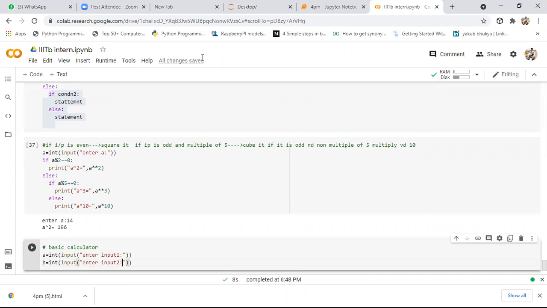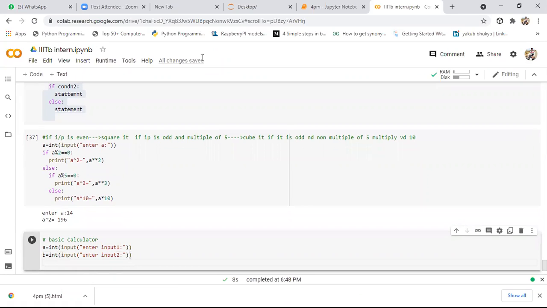Here I'm taking two user defined inputs. After taking two user defined inputs, simply I want to choose my choice. For that, here I'll say CH, that is my choice. I want to take my choice as a string.